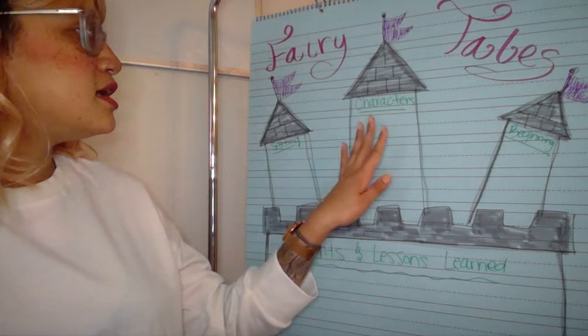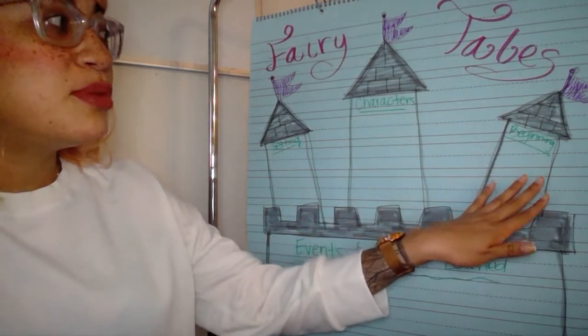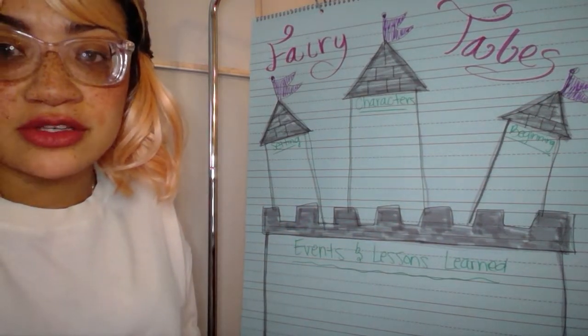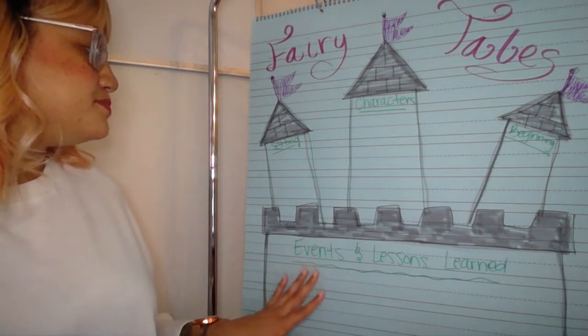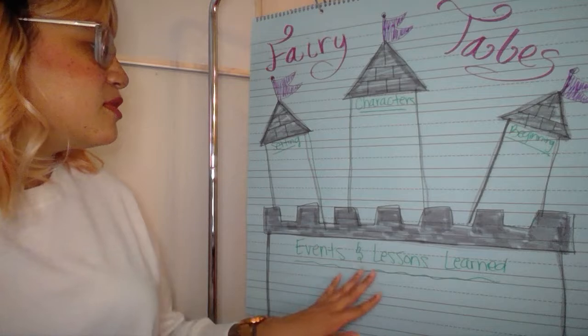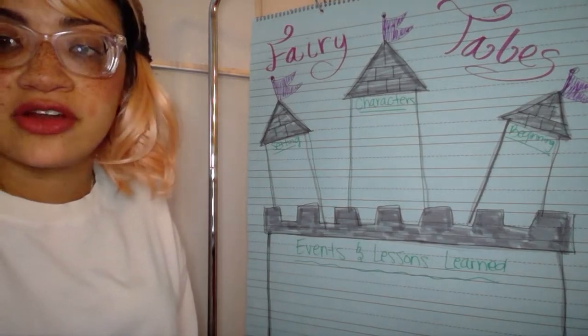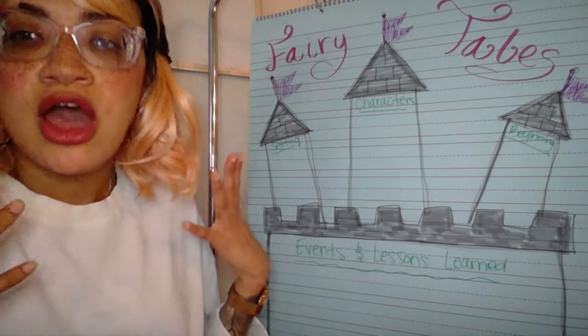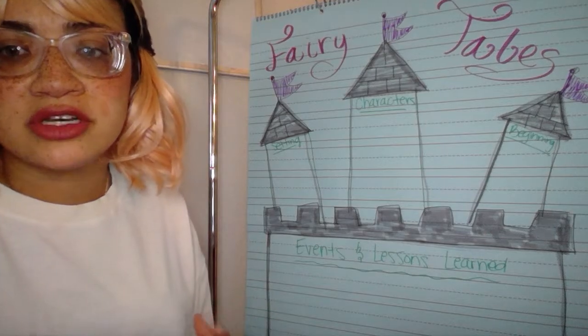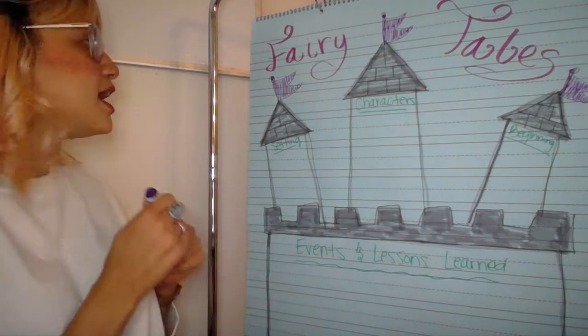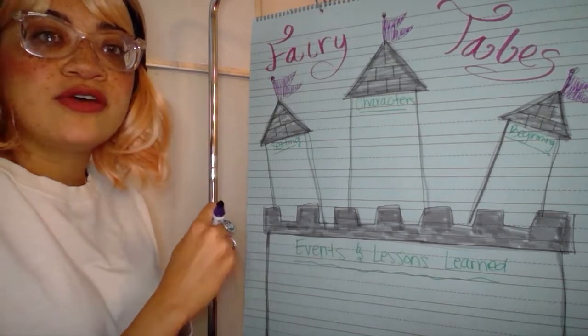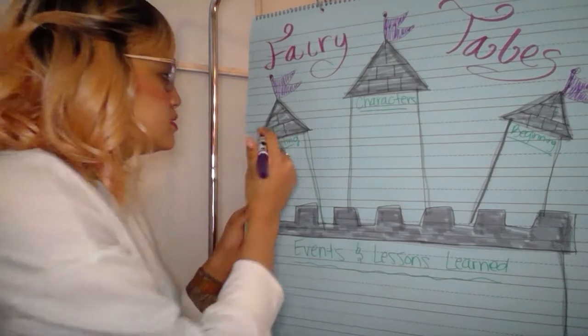So these are a few of the different elements of fairy tales that I want to go over. We have our setting, our characters, the beginning, because we talked about how fairy tales start a lot of the times. They use the words that they use. And some of the main events and lessons that we learn in fairy tales, because sometimes we see the same things over and over again in fairy tales, just in different stories. So for our setting, I know that we often see